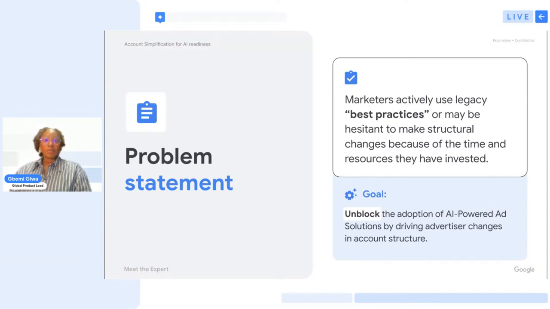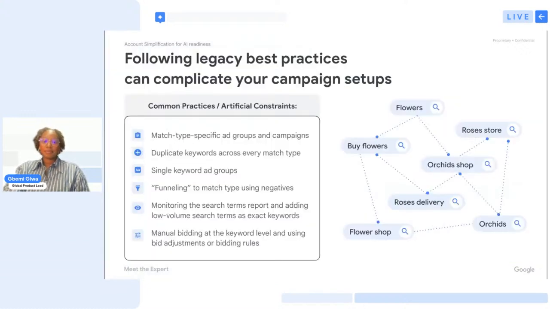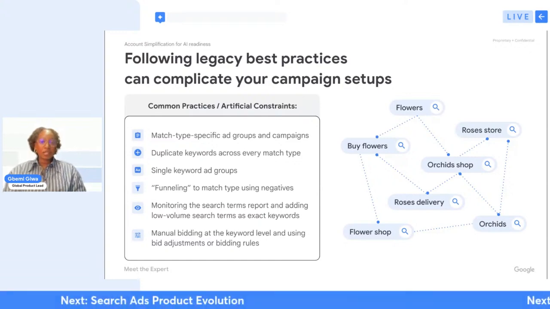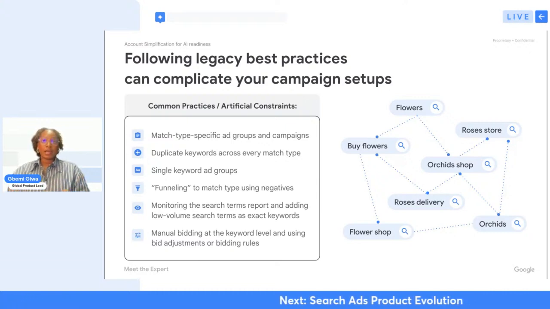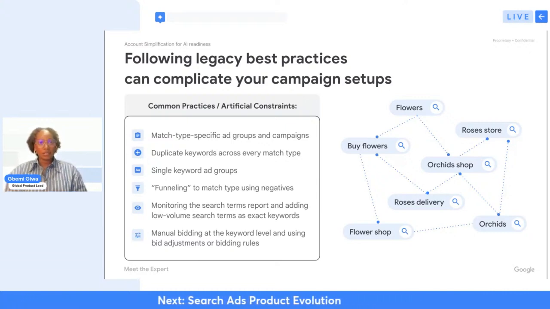So something else that we see can actually impede you from leveraging our AI systems is following some legacy best practices, which we know is understandable. We've all invested a lot of time and resources into learning what actually works for your campaigns and implementing this for future performance. We know that change can be scary, especially when it involves overhauling entire account structures that have been meticulously built over the years. However, continuing to follow some of these best practices while our systems are evolving for AI can actually come at a cost. This can lead to some missed opportunities.